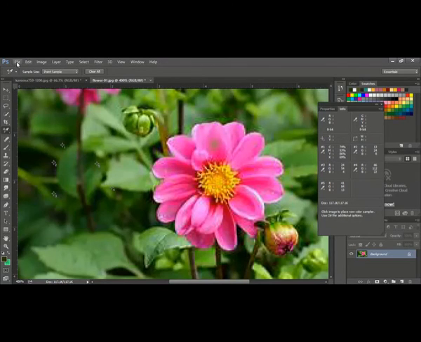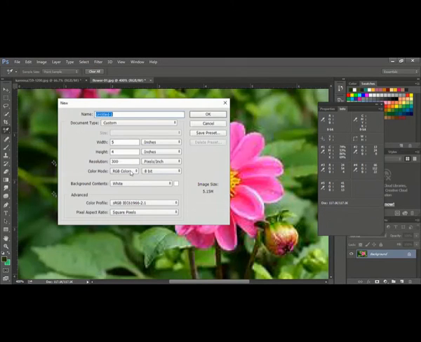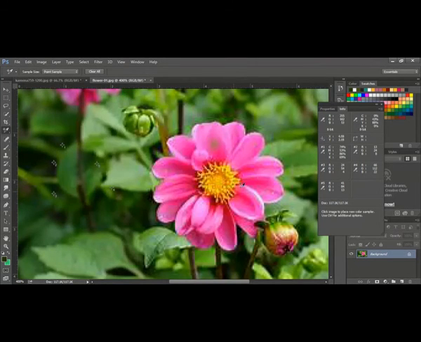When you click File, New, you can see that here it says RGB color. You have to change it to CMYK and prepare the drawing so that you can print it, because the file size will be a little bigger. So default is RGB, red, green, and blue. Whenever you click here, you can show that value here.